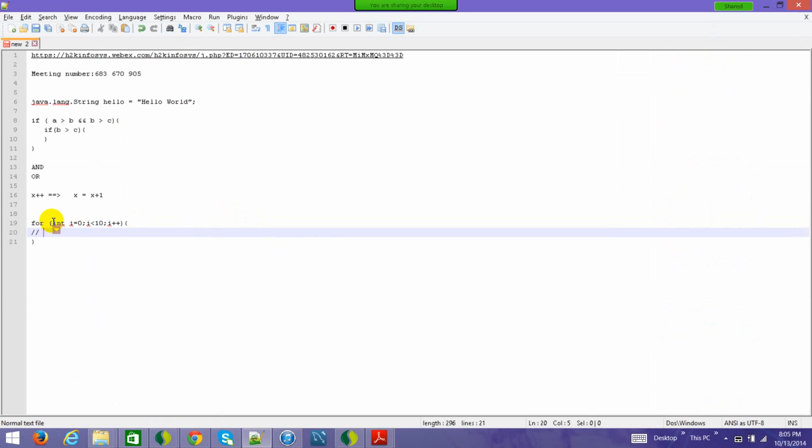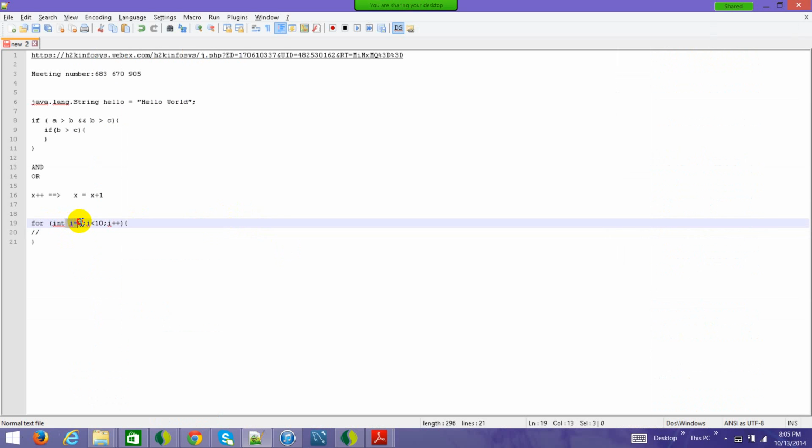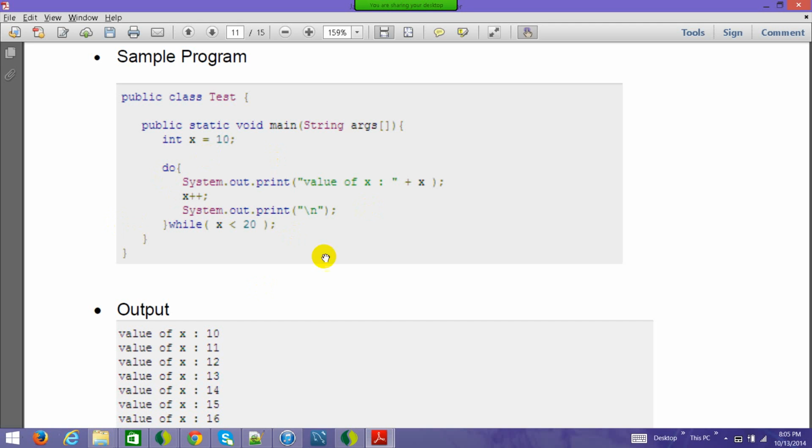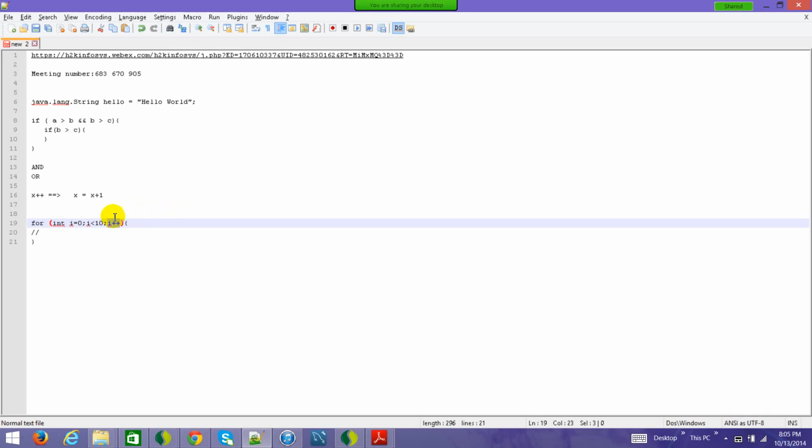Now what that means is the starting value of int i is 0, till the time i is less than 10, and every time you increment it by 1 for every iteration, you keep on executing this piece of code. The first time it gets executed, the next time as it goes here, the value of i is 1, again it gets executed. Then the next time the value of i is 2, again it gets executed. So it gets executed until this condition i is less than 10 is satisfied. And that is a for loop which Java has given to you.